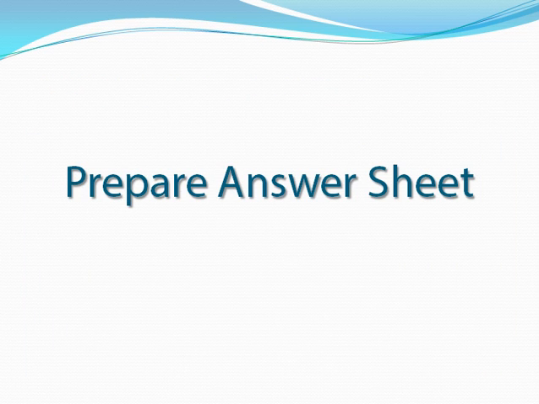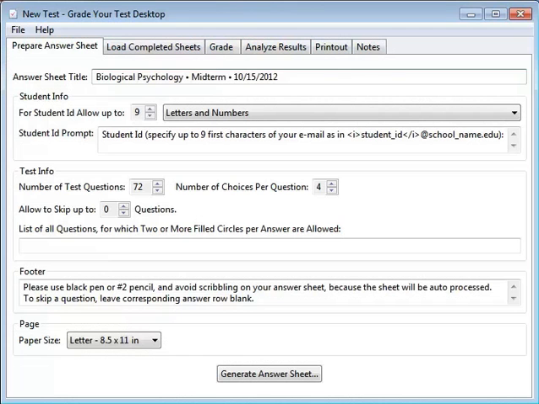We start by preparing an answer sheet for our students. On the answer sheet, we are going to change the title. The default title is provided for convenience, and you can change it to anything you want. We're also going to specify how many questions our test has,